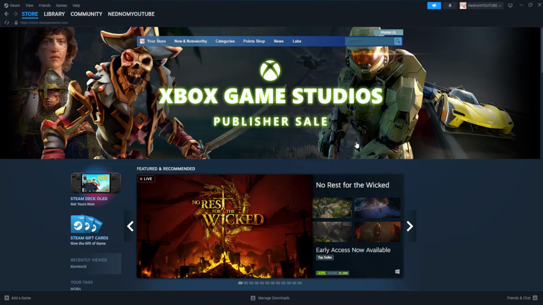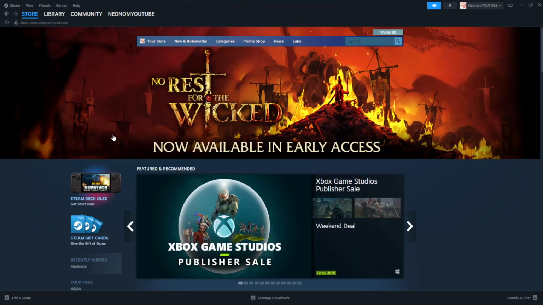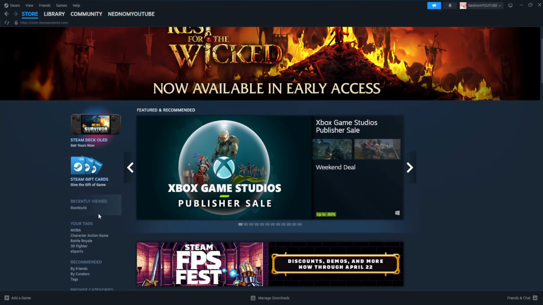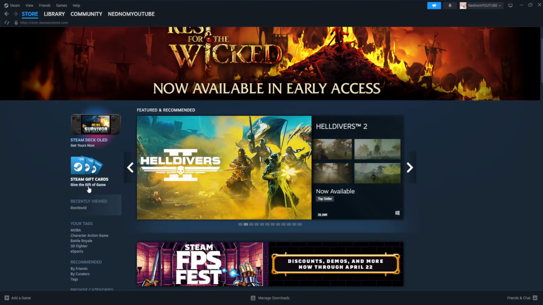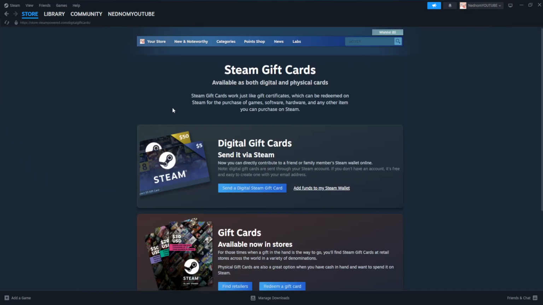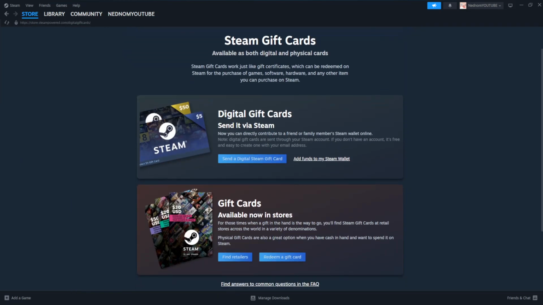How to buy a Steam gift card. So here I've just opened up the application, and once we go to the store, you should be able to see Steam gift cards right here from the left hand side. Just simply click on Steam gift cards, give the gift of the game, and you will see this digital gift cards. So we can send a digital Steam gift card to our friends, or we can add funds to my